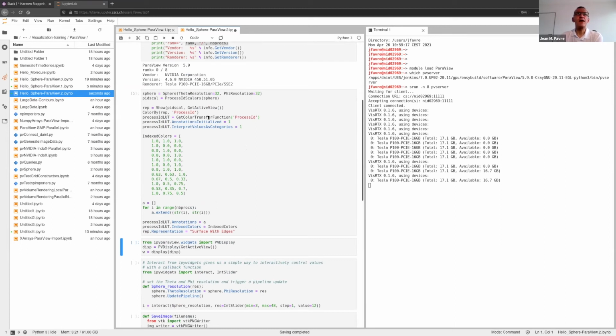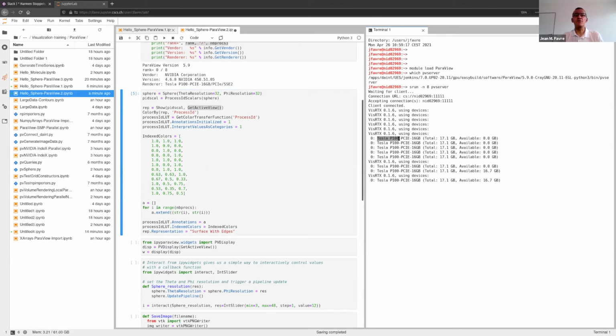And because the show command here involves the creation of the view with the get active view command, as you can see on the right side of my screen, the 8 MPI tasks of pvserver have recognized the Tesla P100 GPU and are ready to do their